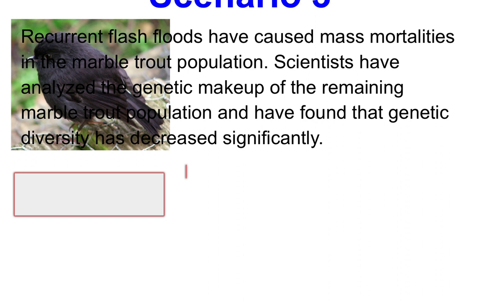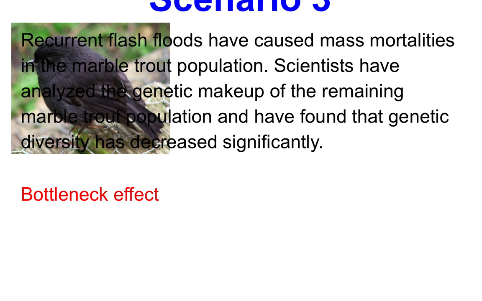Scenario number 3. Recurrent flash floods have caused mass mortalities in the marble trout population. Scientists have analyzed the genetic makeup of the remaining marble trout population, and they have found that the genetic diversity has decreased significantly, which in this scenario we can assume is due to the flash floods. Here again we have the bottleneck effect, where a disaster has taken a population, and high mortality basically removed a lot of the genetic variation, leaving us with a very